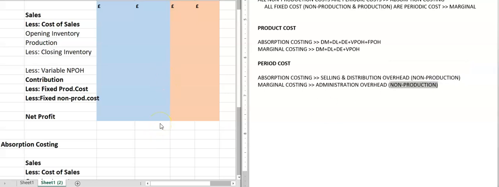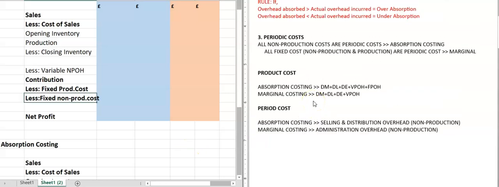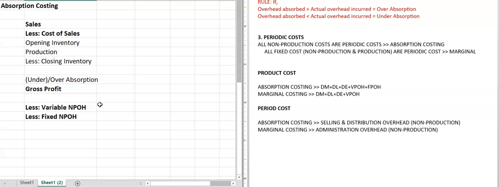So here actually all non-production cost are periodic cost under absorption costing. So this is a variable non-production cost, and this is fixed non-production cost. So these all are